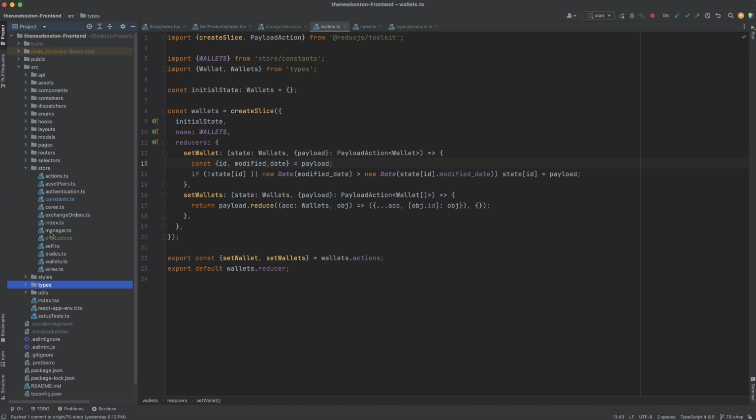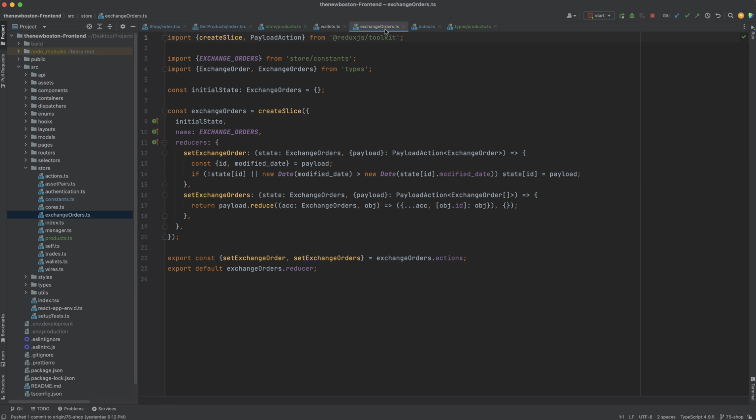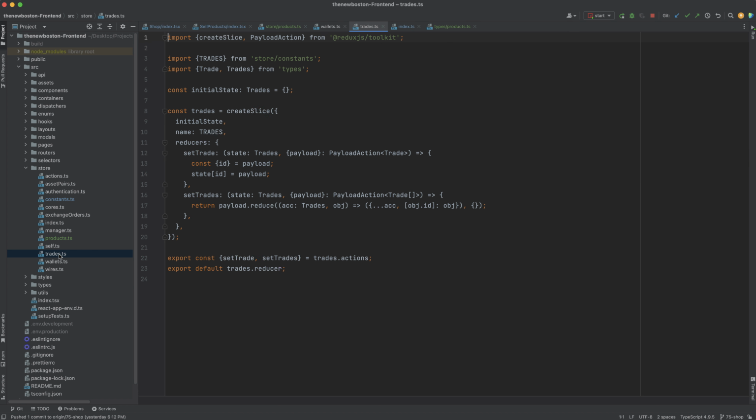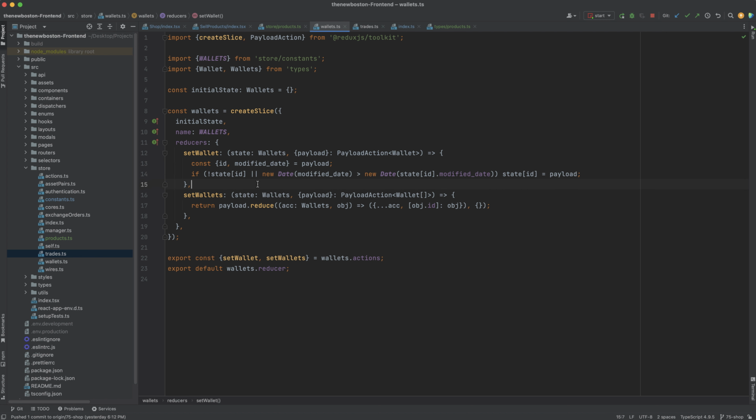So in my store, usually, yeah. So usually whenever I set information, since I want a key under ID, I can just do state ID equals payload. But for wallets, I have some tricky logic that says if there is no state ID, basically if there's nothing yet, then you just want to set it. Or if you do have one, then compare the modified date against the one you're trying to update. And the reason for this is because